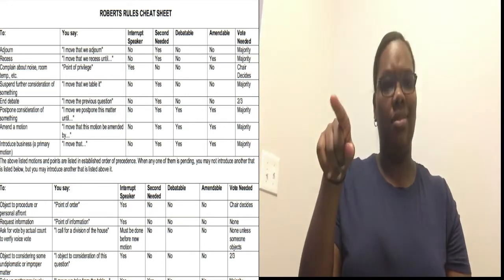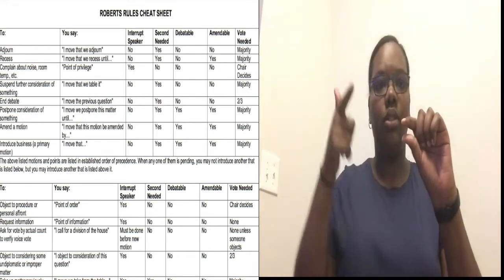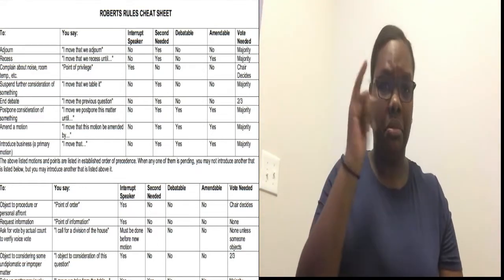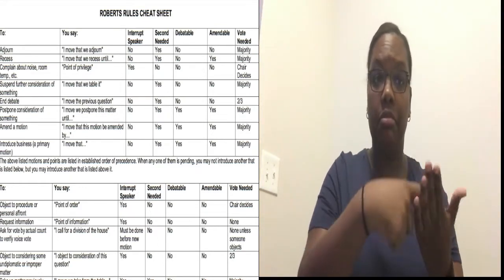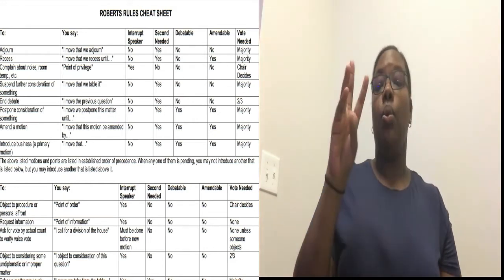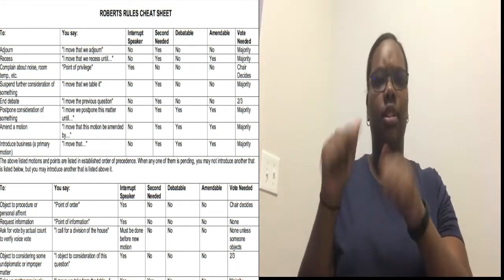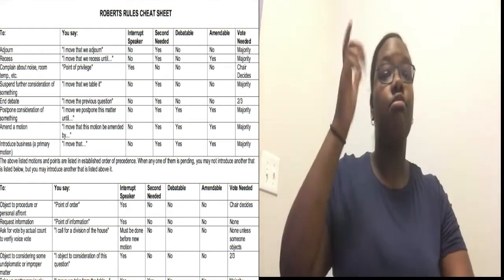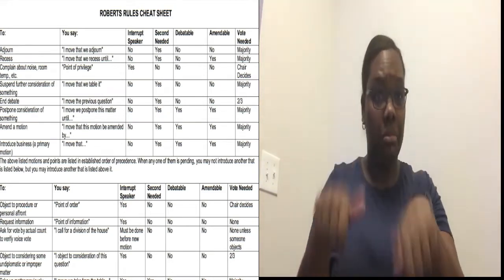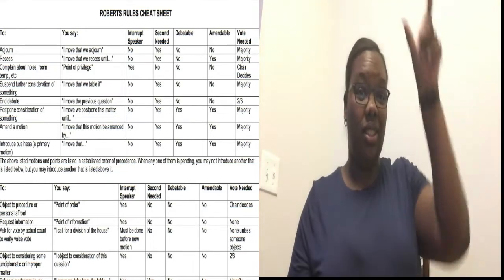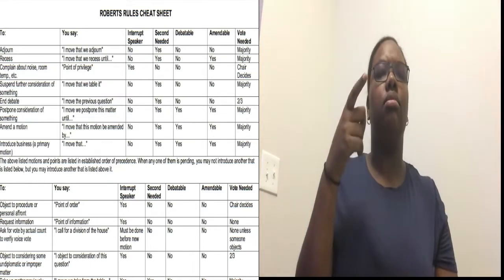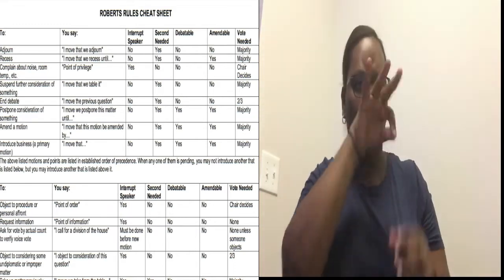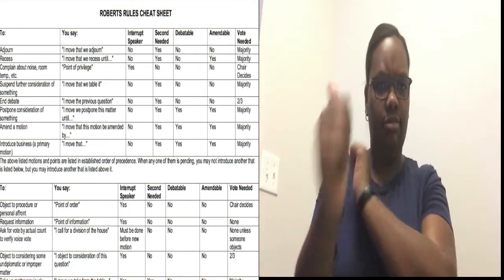It says second needed. The fifth column tells you whether or not that particular motion is debatable. The sixth column is amendable, whether or not that motion or what's being presented can be amended. And finally, in the seventh column, it tells you whether a vote is needed and how many people need to vote in order for that motion to pass. Okay, so